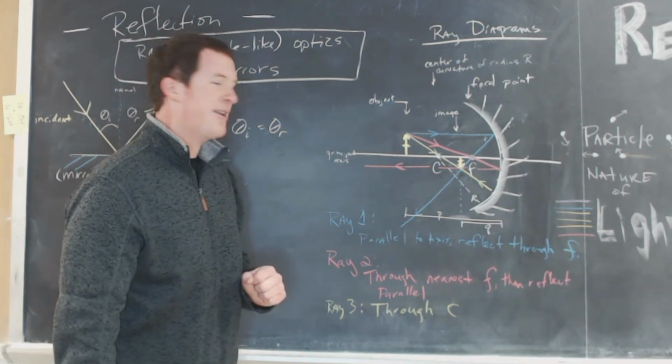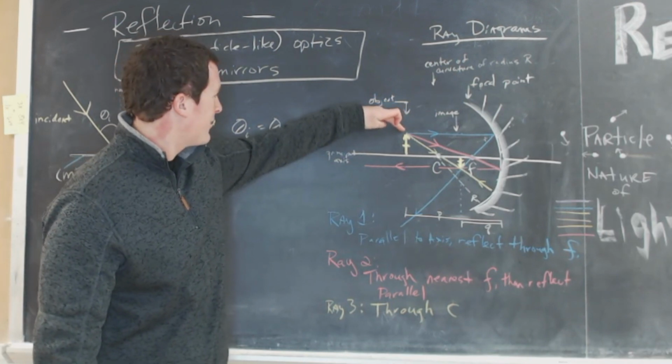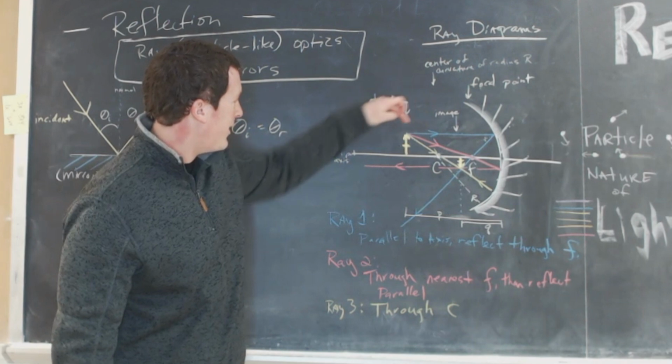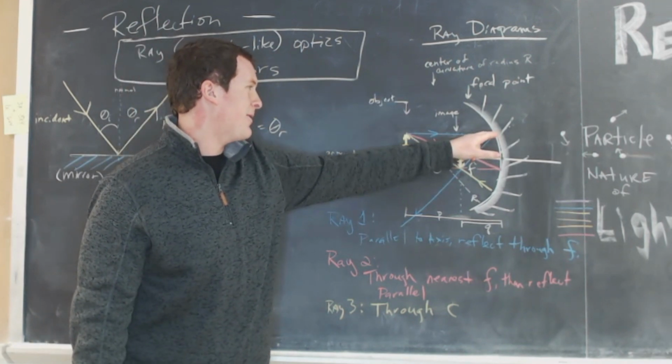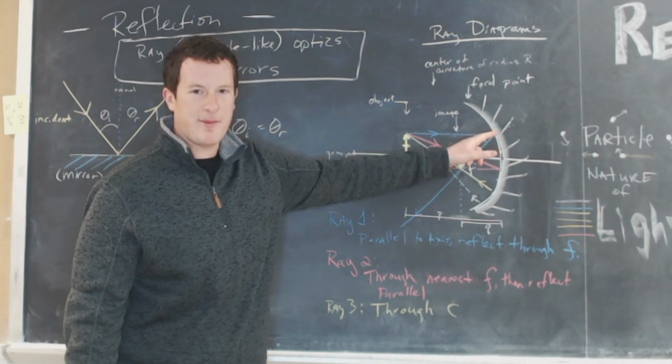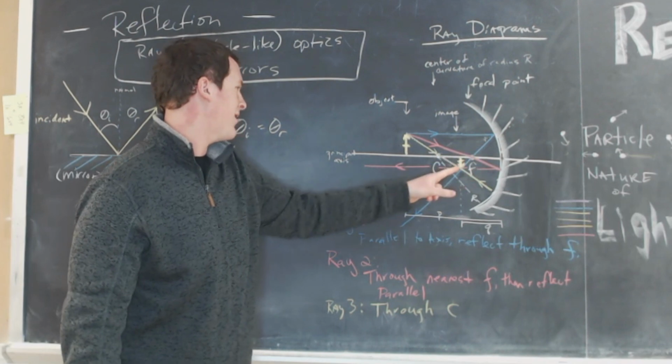And the first step is you're going to start at the top of your object and draw a line parallel to your principal axis. It's going to collide with the mirror here, and because the surface of the mirror is a flat surface, it will reflect off at an angle and it will travel through the